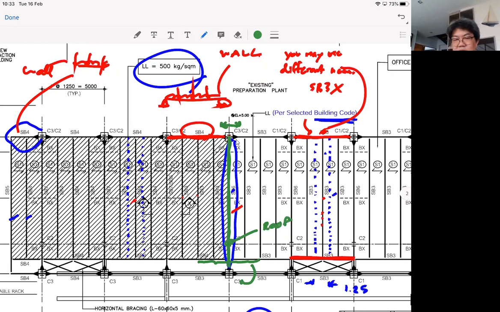So this one will have to be super strong, okay, because it has to take the load from the roof, and before going into the column, it has to take the load from SB4 here as well. See, 2-point loads. Okay, so if you want to see what's going on, you can also try the green one, but let's make sure that you have